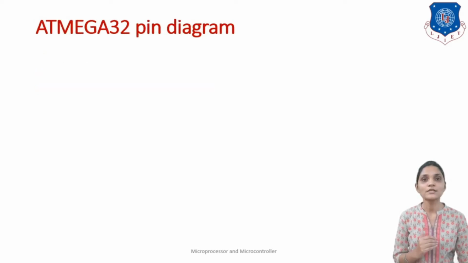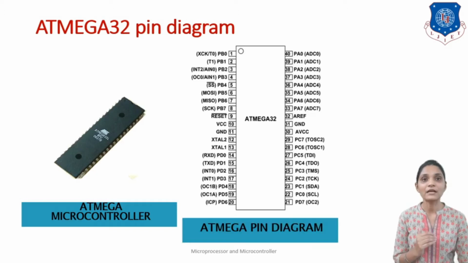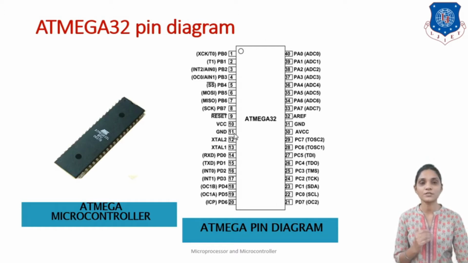So this is the structure, or you can say chip, for the ATmega32 controller. This is the DIP structure. It has a dual inline packaging structure, that is, it has the same number of pins on both sides, and it is the 40 pin DIP, so 20 pins on each side. This is the pin diagram for the ATmega32. This dot denotes the first pin. Here we have pins 1 to 20, then 21 to 40. These are the pin numbers.